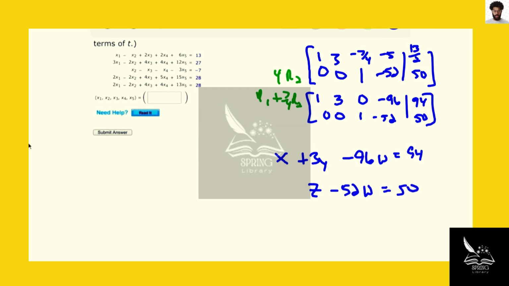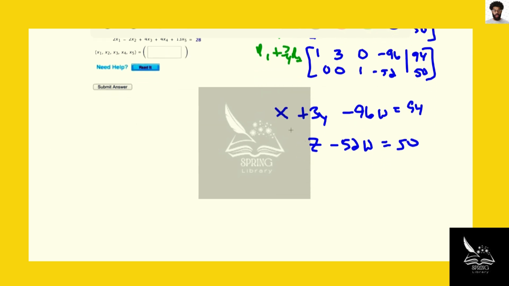And we want to write our solution in terms of the parameters t and s. So if we let w be t and y be s,